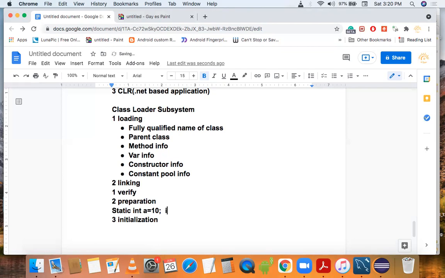Suppose it is an integer, so it will be assigned 0, and if it is a string, it will be assigned a null value.